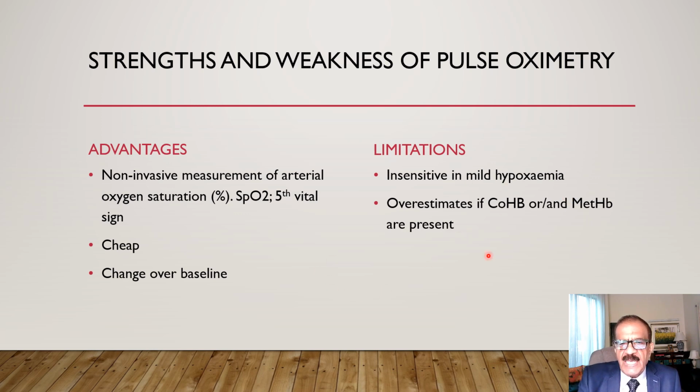And then this is another limitation. It overestimates if there is presence of carbon monoxide or methemoglobin. In a case of carbon monoxide poisoning, the saturation will tell you maybe 100%. In fact, saturation in carbon monoxide poisoning is likely to be more than in a normal healthy person, because carbon monoxide has greater affinity for hemoglobin and binds much more tightly with hemoglobin, and methemoglobin can also be present in certain